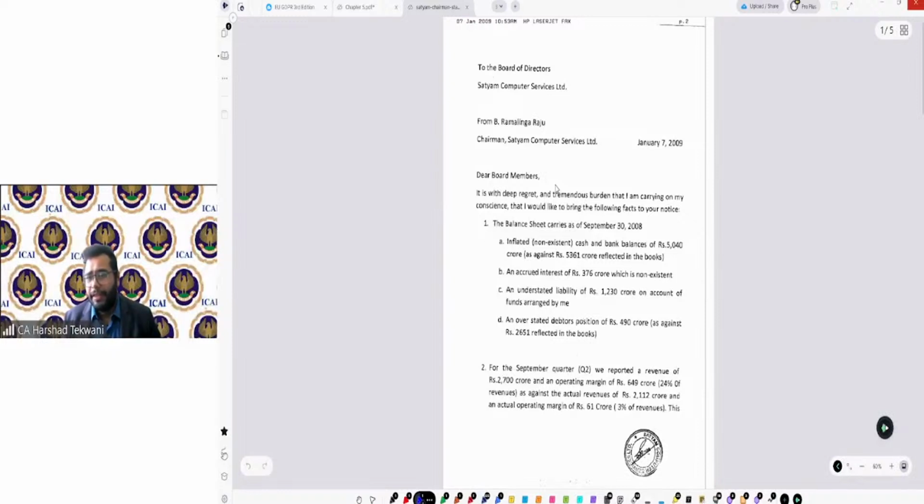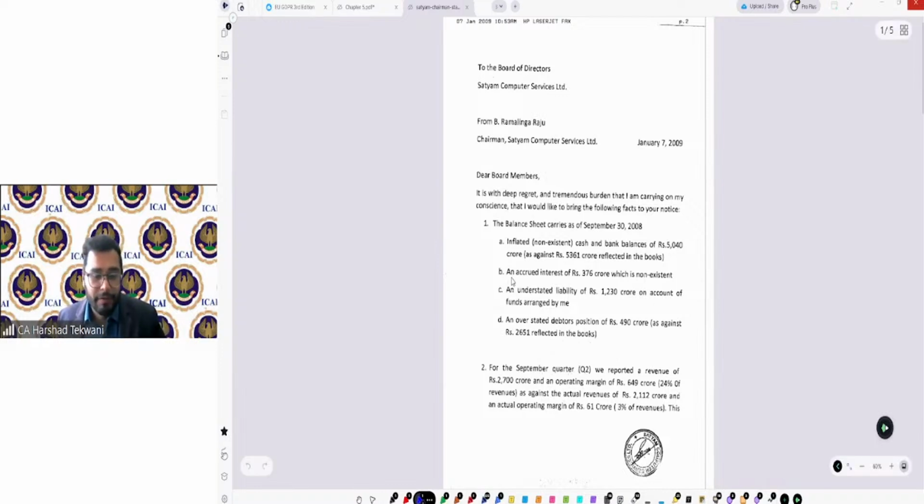Remember, in the case of Satyam, there was a letter written by B. Ramalinga Raju to the chairman of Satyam Computers, the board of directors and the stock exchange on January 7, 2009, which was a trigger point for the identification of the whole Satyam issue.